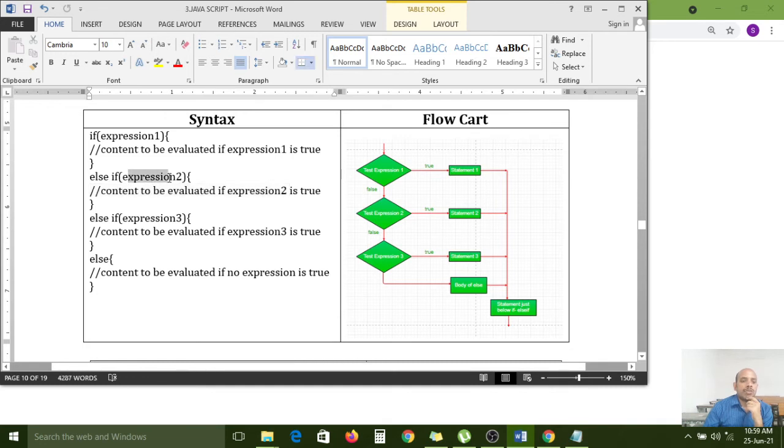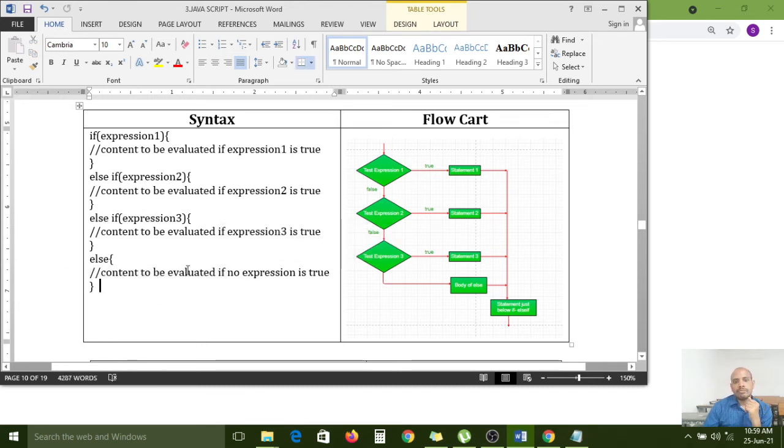And if expression 2 is also false, the control will come to expression 3 and it will evaluate it. If the expression is true, then the control will enter into the third else if block and all the statements will be executed. If expression 3 is also false, then the control will come to the else block. So the default else block will execute.